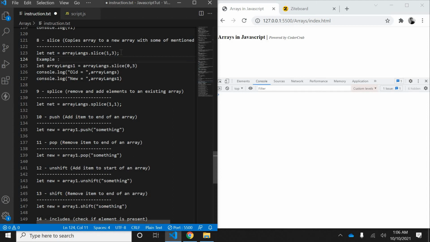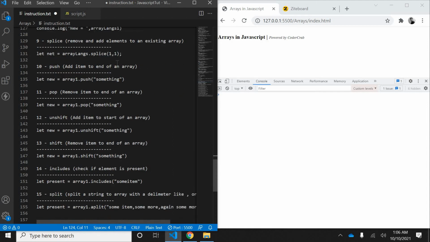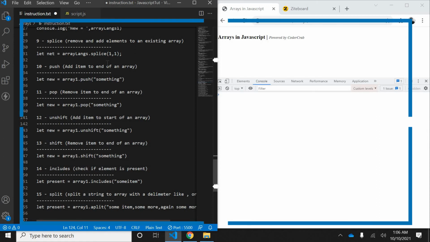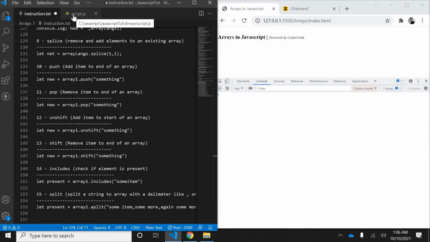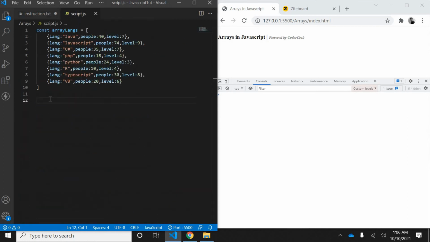Okay, so now next is splice. As the name says, splice removes and adds elements to an existing array. Slice was giving a new array, splice works on the existing array. So please keep that in mind. So let new array equal, I don't want this JavaScript here, let's say.